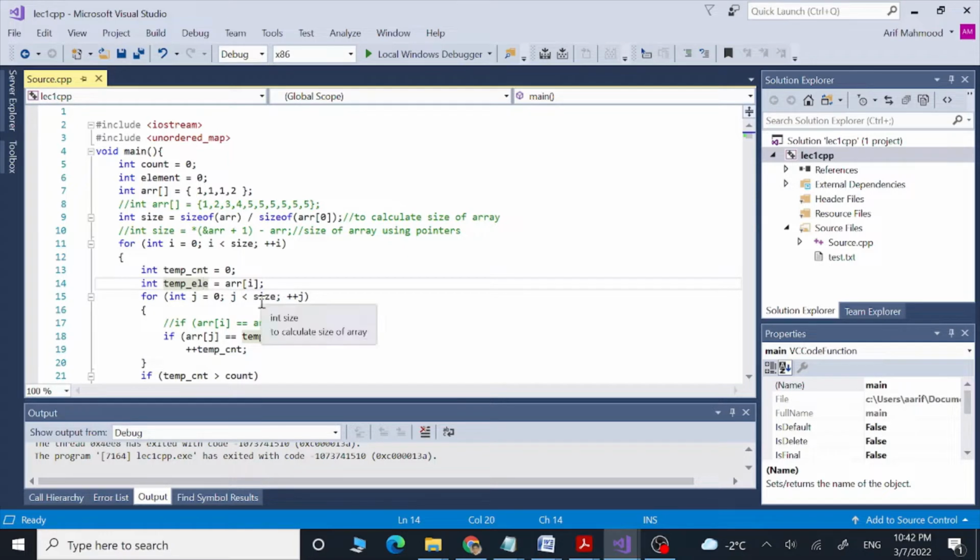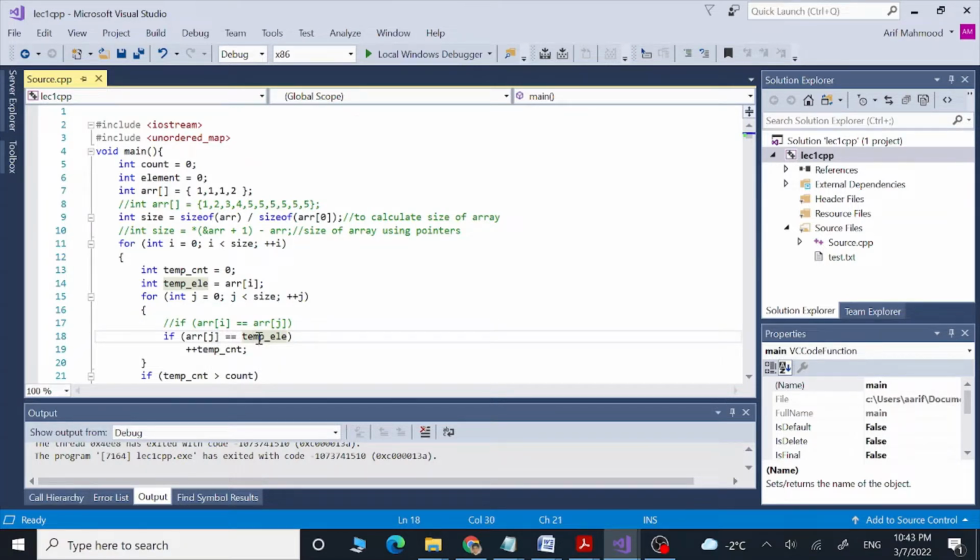And after that we are going to run this for loop again over our array. Inside this for loop we have this conditional statement, the if statement. So we are going to say that if the current element is equal to the element which we are checking, like for example through this for loop we are checking the first element, and then we run the inner for loop to check each element against this first element.